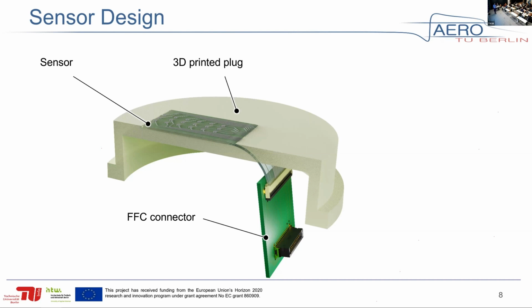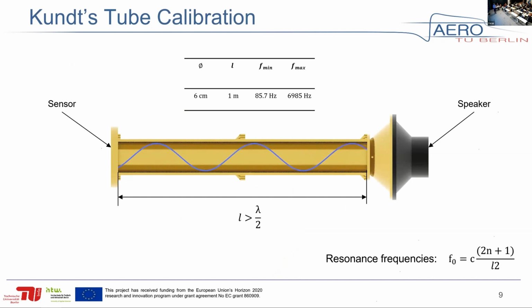And before moving to the experimental setup, so before showing you the wind tunnel, I will quickly go through some characterization we have done. For that, we've used a Kundt tube, which is pretty much just a pipe with a pressure fluctuation source. In this case, we use a loudspeaker, and we can tune the length of the tube to a specific resonance frequency. So we can have a plane wave at the end of the tube, and we put our sensor and the reference sensor at the end of the tube,